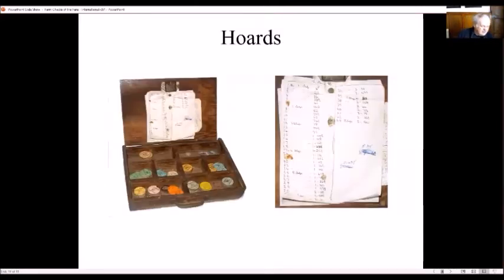So hoards have been found of these tokens in their original boxes. So this is the hoard of a farmer called Shinkins, who was at 3 Holes, which is again in the Fens. And what we've got is a wooden box with compartments, and each compartment has various tokens in it. Obviously, this was last used in the 1960s and 1970s, so things will have been moved around a bit. Many tokens will probably have gone missing. But what's nice about this box, it still has its original lookup sheet for how many pence you should pay. So if you've got, for example, 3 pounds of fruit in one chip or basket, then you should get, I think that's